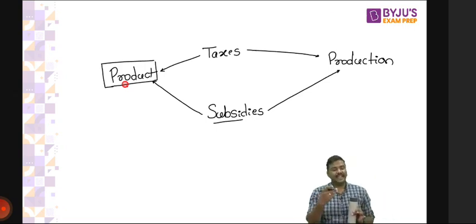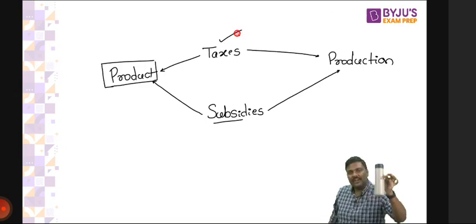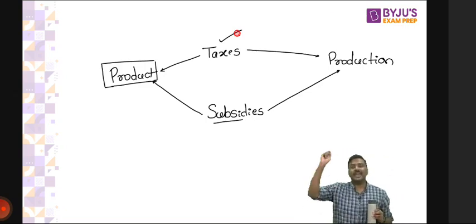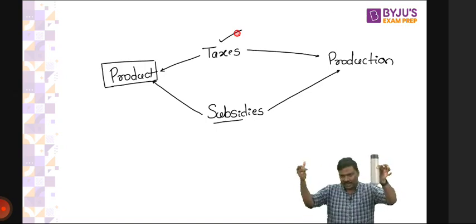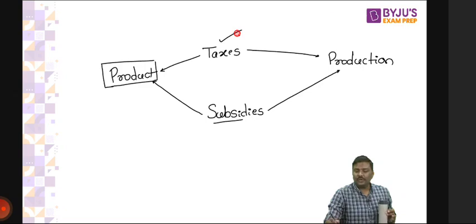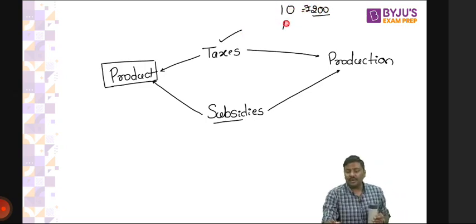So what is the example of a product tax? I'll give you the same example. Imagine you are selling this bottle. For every bottle, the government will impose a tax of 20 rupees. So one bottle, 20 rupee tax. Bottle number 2, 20 rupee tax. Third bottle, 20 rupee tax. If you sell 10 bottles, how much will be the tax collected by the government? 200 rupees. Is it okay? If you sell 15 bottles, how much will be the tax collected by the government? 300 rupees.